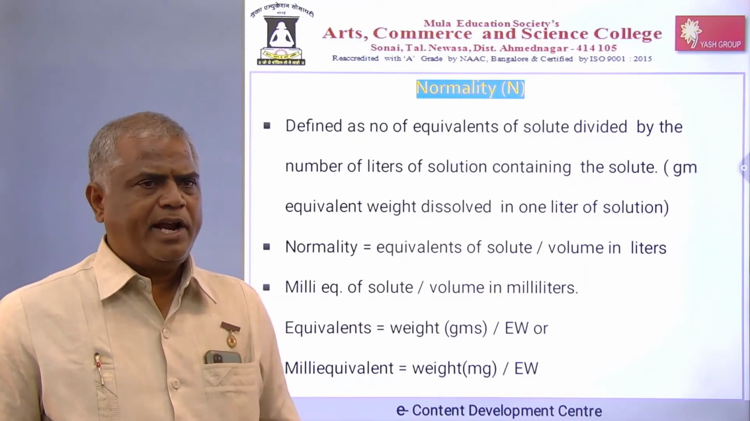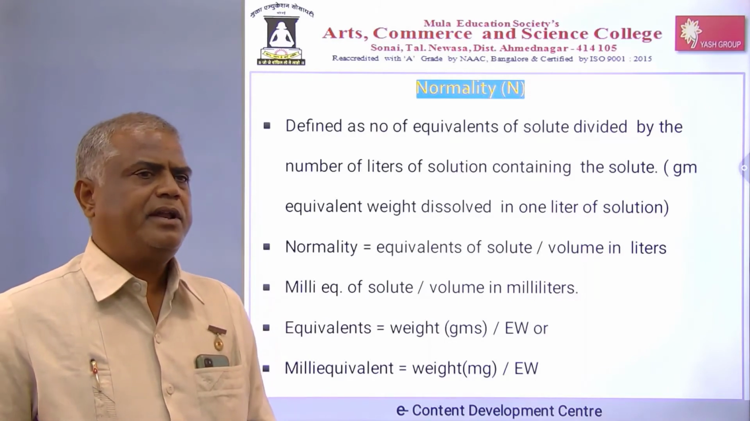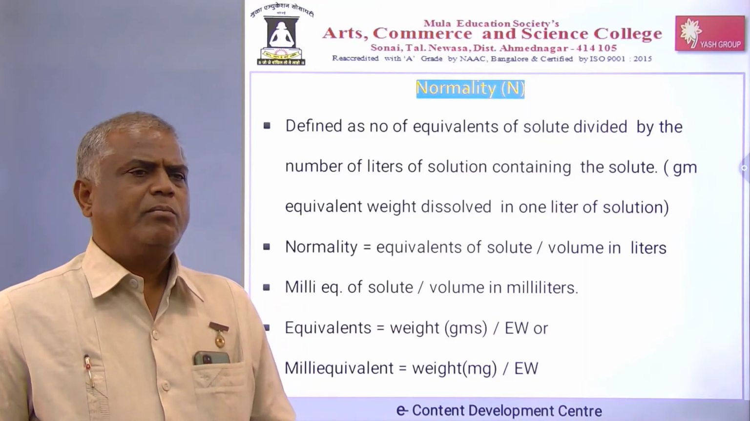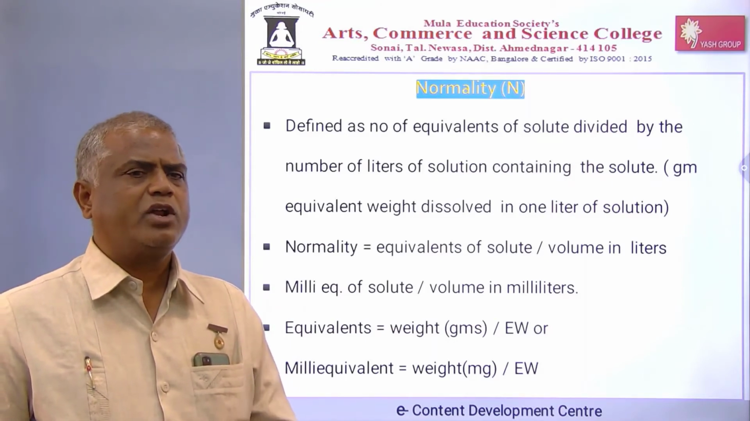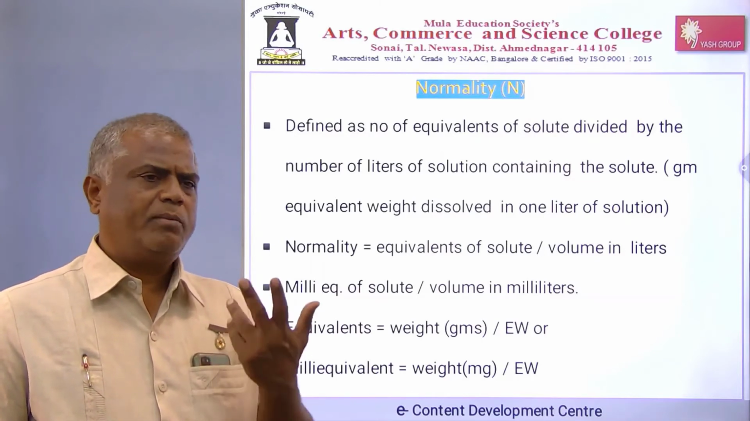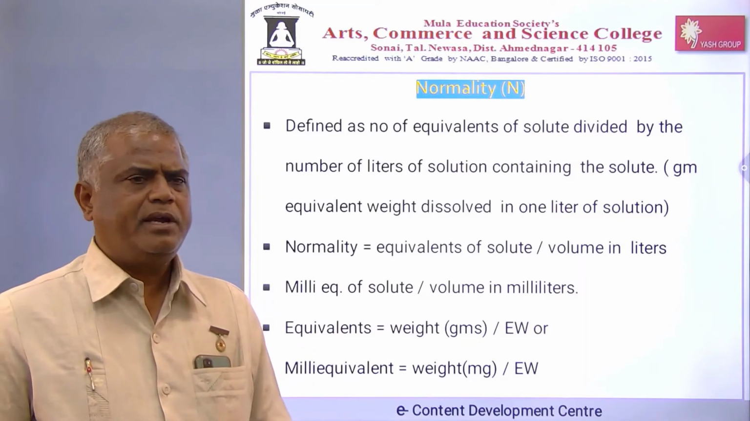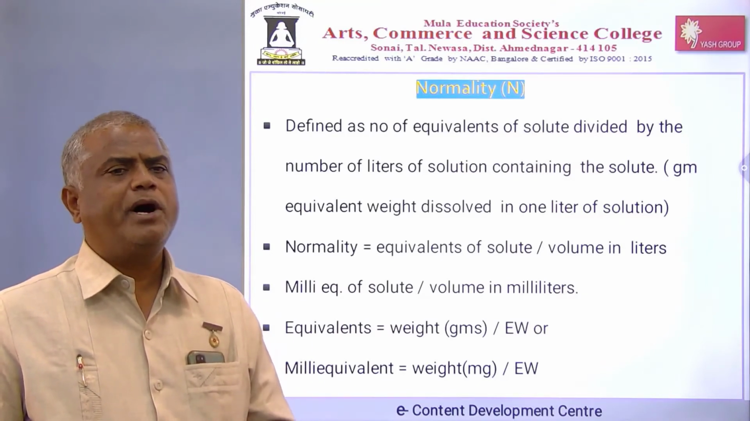Now normality is defined as the number of equivalents of solute divided by the number of liters of solution containing the solute. It means the gram equivalent weight of your solute dissolved in 1 liter of solution; that is the normality of the solution. In short, normality is the number of equivalents of your solute per